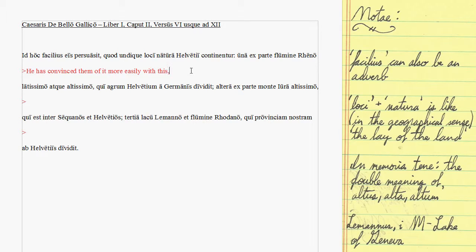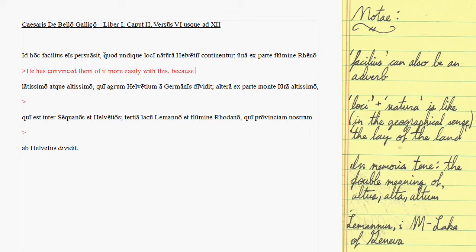But he's talking about his rationale and his reasoning and whatnot, which is illustrated both in the last passage and in this one. And this next sentence is actually very important with his reasoning and why the Helvetians want to go somewhere. And we have this quod, because, talking about the purpose, the reason why they want to go.